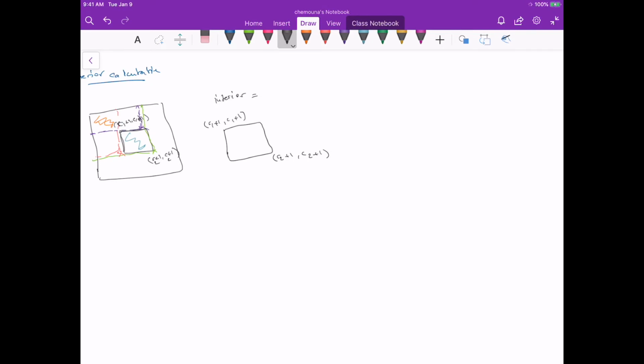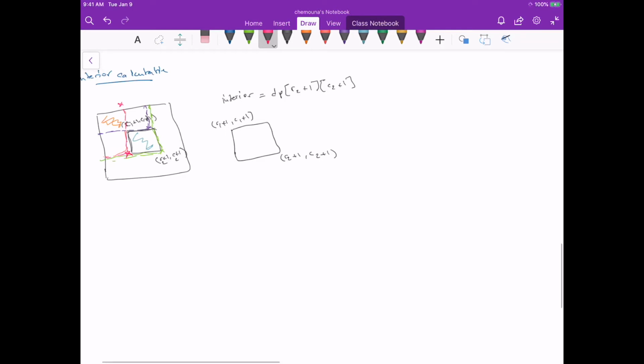It's the green area, which means it's just dp of R2 plus 1, C2 plus 1. So it's just the prefix sum of this area here, which we already calculated. Now minus this area here. This area is the prefix sum at this position. What is this position? That position has the same column as R1 plus 1, C1 plus 1, and has the same row as R2 plus 1, C2 plus 1 dimension. So what that would mean is that we need to subtract,